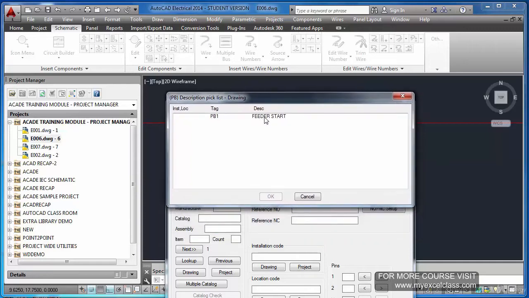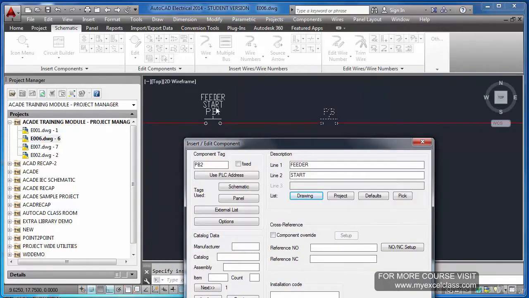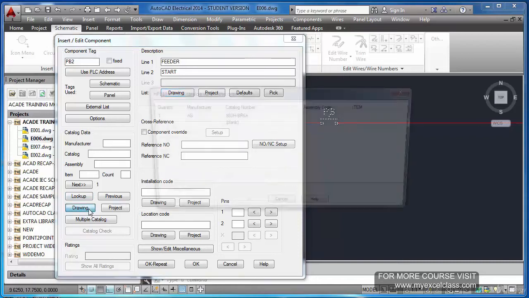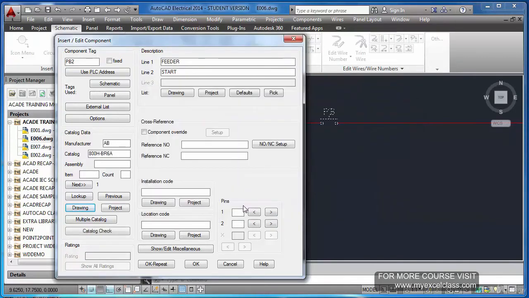From here also I can choose, but you see this is PB1, feeder start. I have copied the same into the second push button as well. Manufacturer, catalog, all these things can also be copied from the same drawing this way.